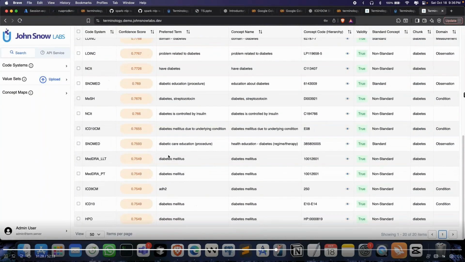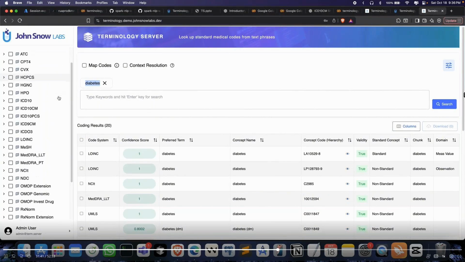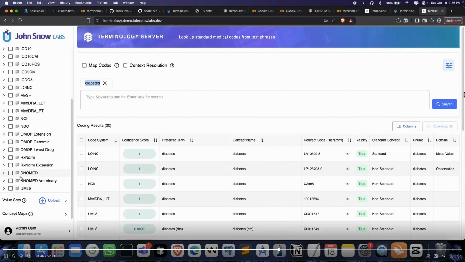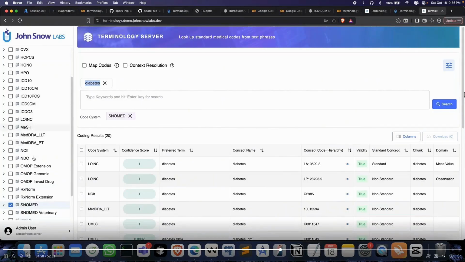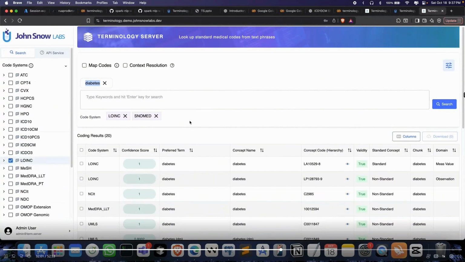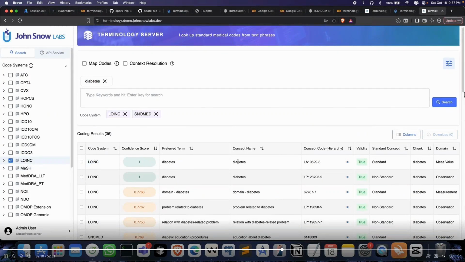So it will have the results related to the diabetes chunk. And if you want to filter it by certain vocab, you need to go to the code systems. The code systems are all the vocabularies that we provide. It also has some OMOP vocabs. And if you want to only see the SNOMED results for the diabetes chunk, we can just click the filter. You can also add multiple filters. For example, if we want to search with LOINC, we'll just add those filters, and then we'll end up with those results only. So if you see here, this is the LOINC code, and